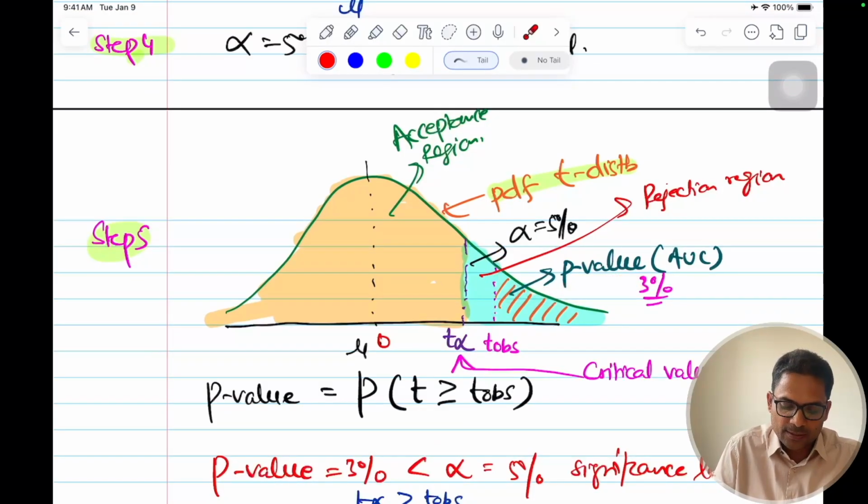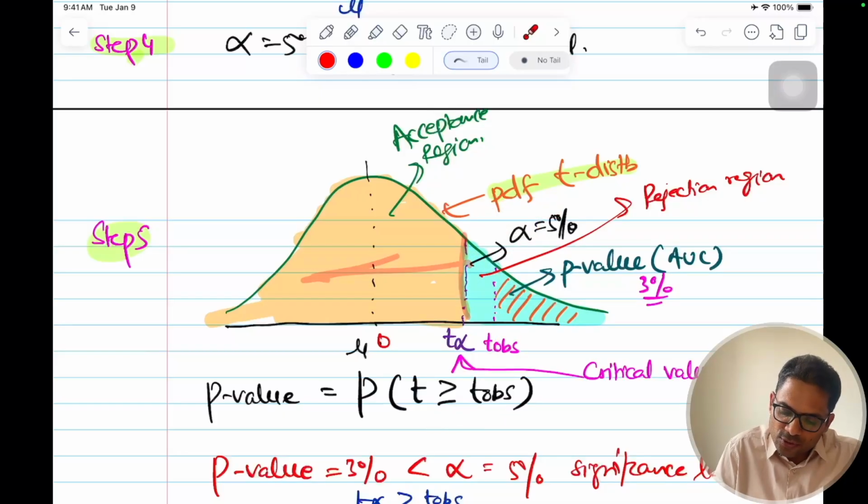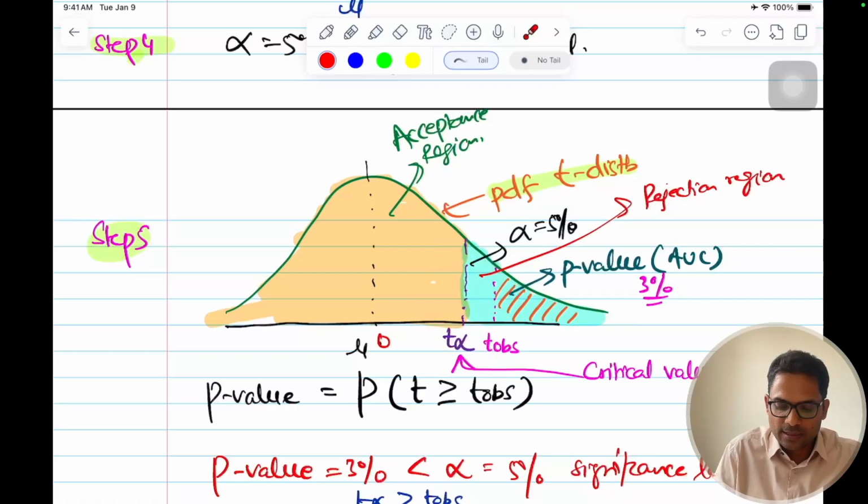t observation, which is the probability of observing any t which is greater than or equal to t observed, is less than the critical value area. Critical value area is 5%. This is the rejection region, and this is the acceptance region. So if your t observed came this side, then automatically the area under the curve will be greater than 5%, and you will accept the null hypothesis. Since here the area under the curve is less than 5%, we'll reject the null